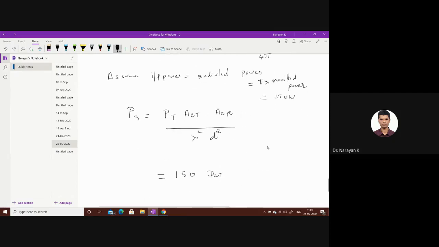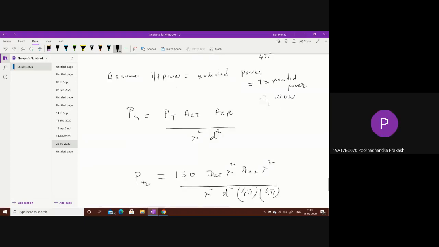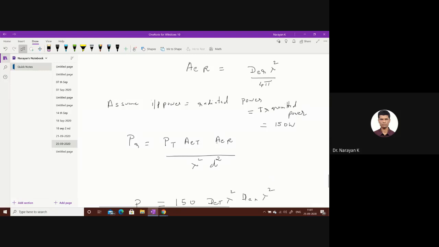A_ET, lambda square into D_ER lambda square divided by lambda square d square. This will be 4 pi times 4 pi. I'm simply substituting here. All of you got it, what I'm trying to do? Yes or no? Yes, sir. The effective aperture of the transmitting antenna and the effective aperture of the receiving antenna, I'm substituting in